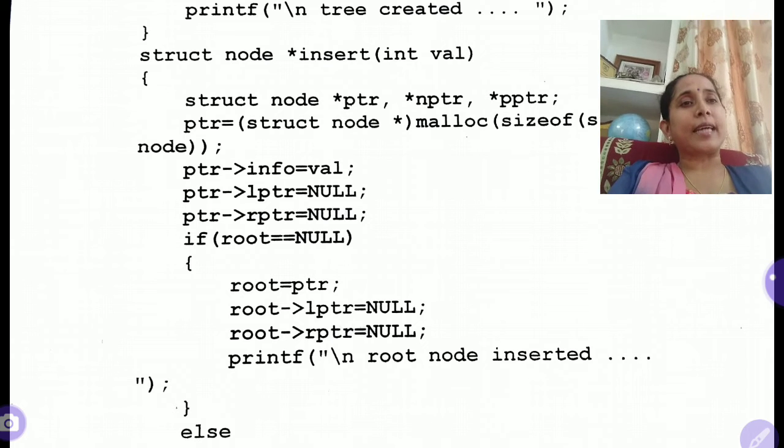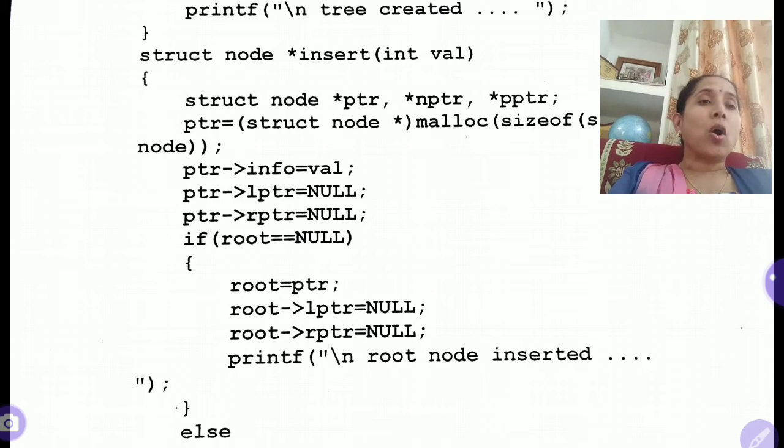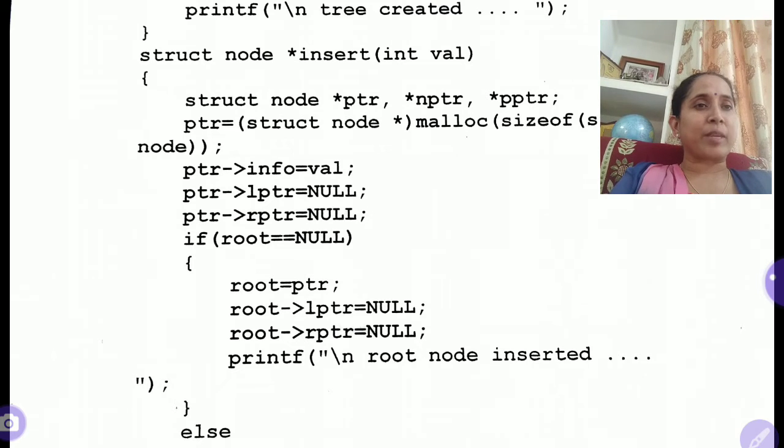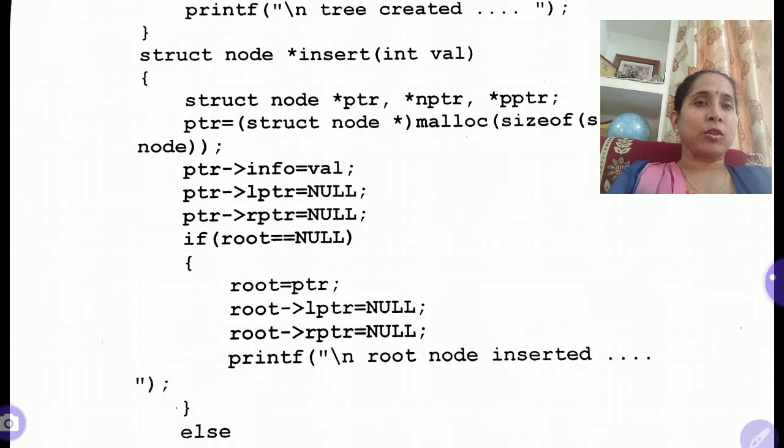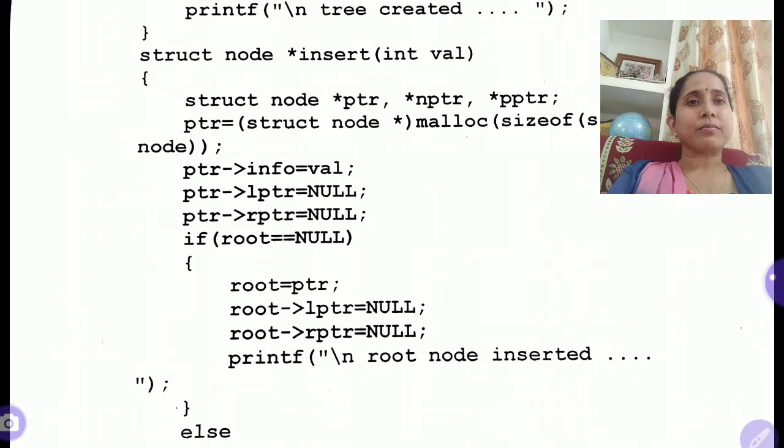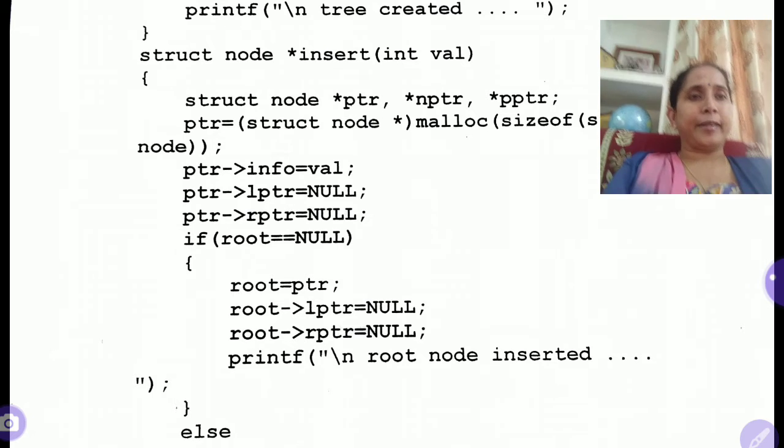Next part, to insert a node. Whenever we insert a node in a BST, a rule is followed: all the values which are less than the root node lie on the left subtree of the root node, and all the values that are greater than the root node's value lie on the right subtree part of the tree. Initially when the tree is empty, where will that initial value be stored? Obviously at the root. So that value will be stored in the root node, and in the root pointer, the address of that parent node, the root node, gets stored.